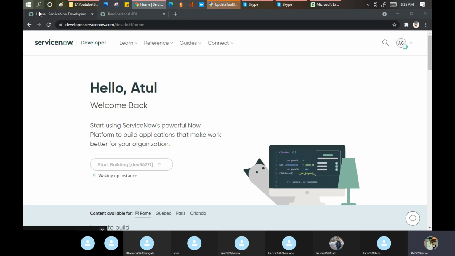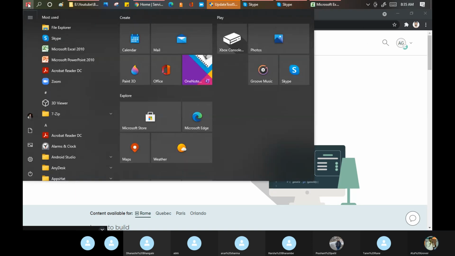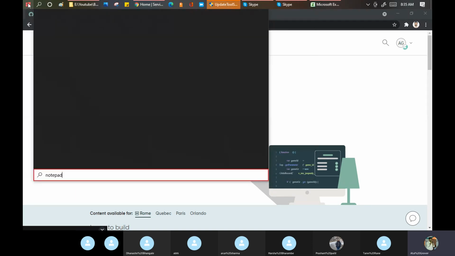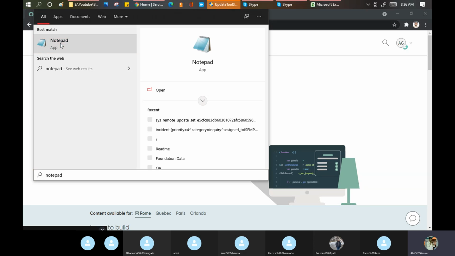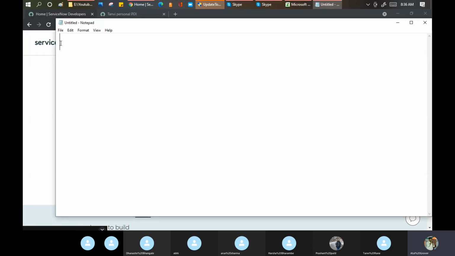Let me open the notepad for a minute. You remember the example of the transfer map, and the Bluetooth connection between mobile and laptop, right? So let's take an example. This is Atul's PDI, and this is the other PDI.